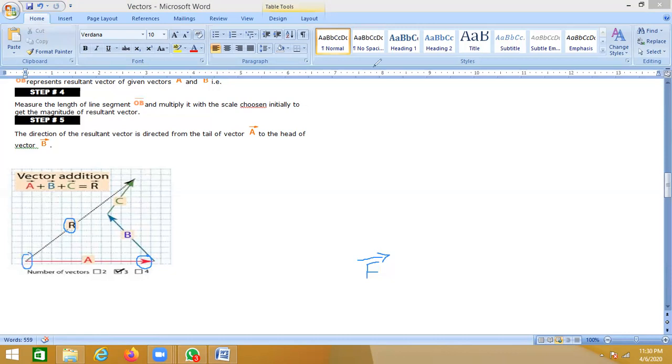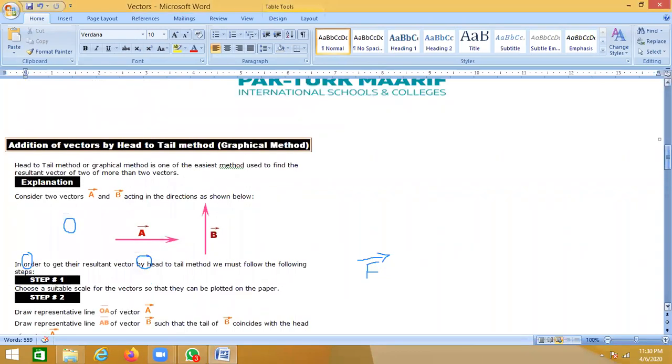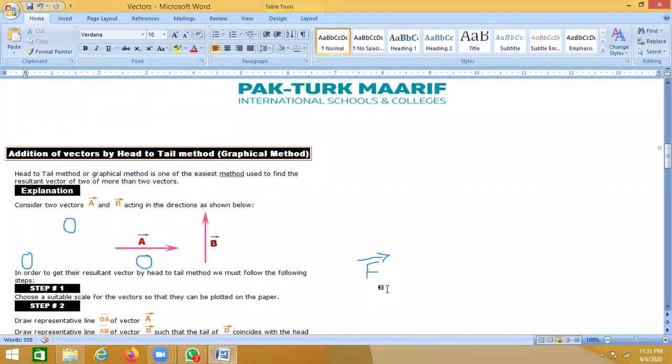So let's suppose they are saying here on the board as well, the situation that they have given us here, that if there are two vectors like A and B, how you will connect them. So let me show it here, how I'm going to connect these two vectors. I'm drawing it right here in front of you. First, let me erase this board, and yeah, here you go. So all this is now erased. So now what we can do here,